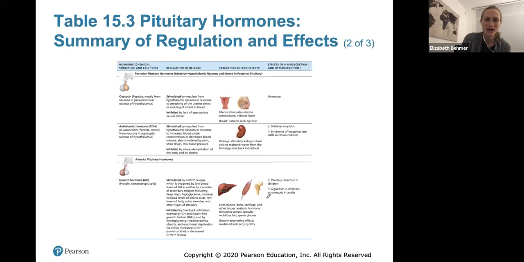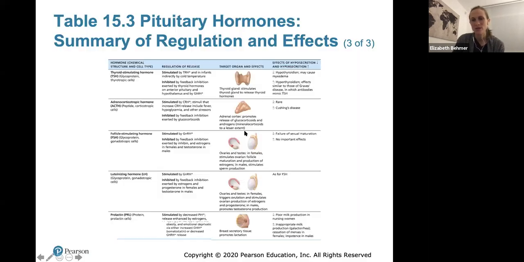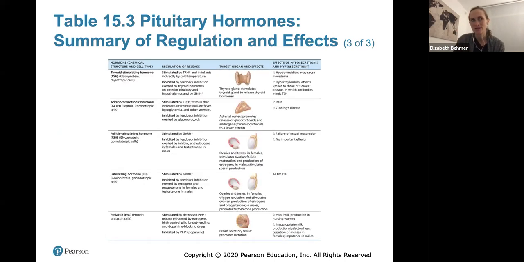The final slides just take you through all the hormones. Use these slides as a good review, maybe to make flashcards with the hormone name and what it does, because there will be at least one matching question on your next exam about hormones and what they do. So that's part 1, and I'll stop the recording here. We'll do part 2 on